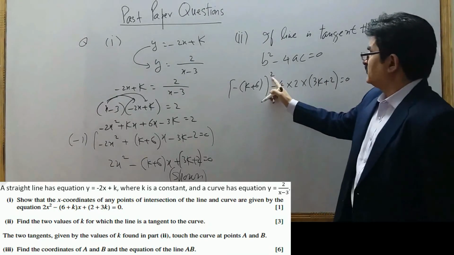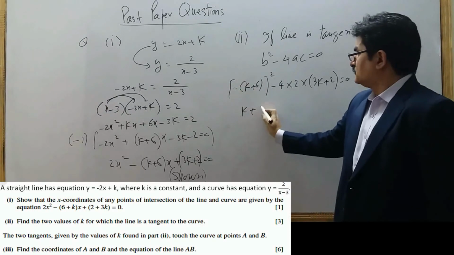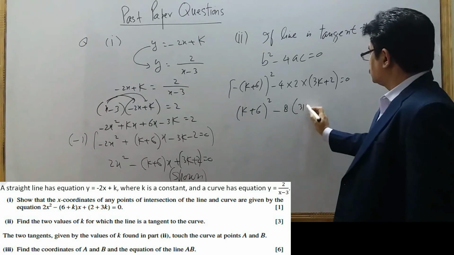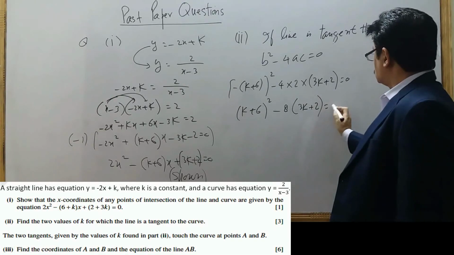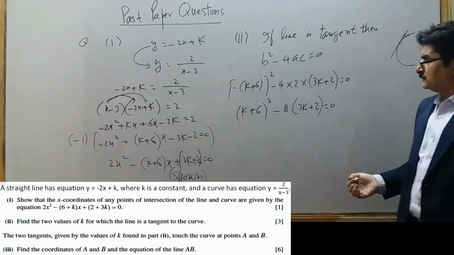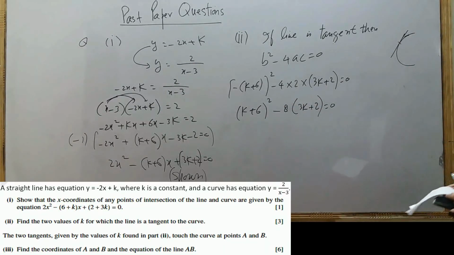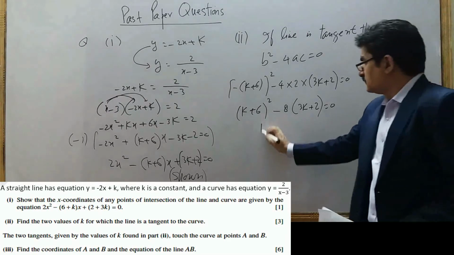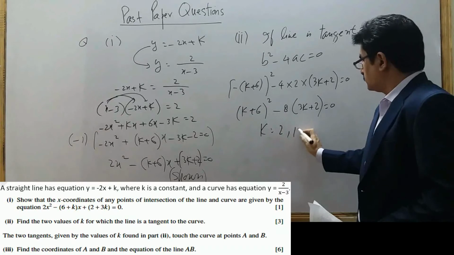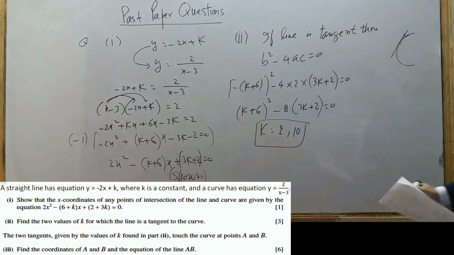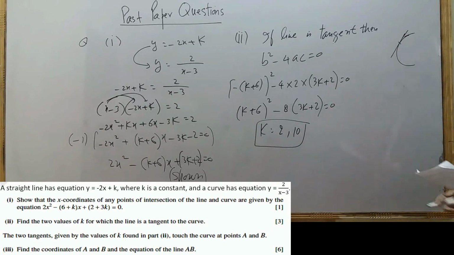Now you know we have an even power, so the minus will be removed. So you can now simplify this equation. Complete it yourself, simplify it, and you will see that the answer to this part of the question will be k is equal to 2 and k is equal to 10. You can easily solve it, you know how to expand and then simplify.